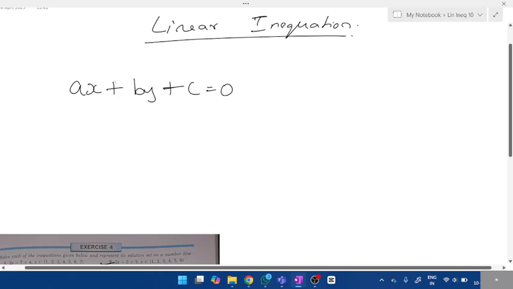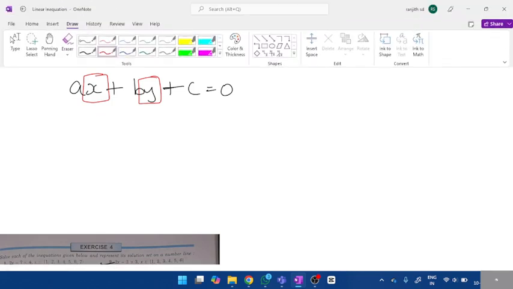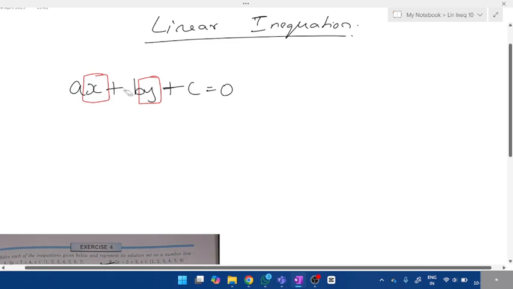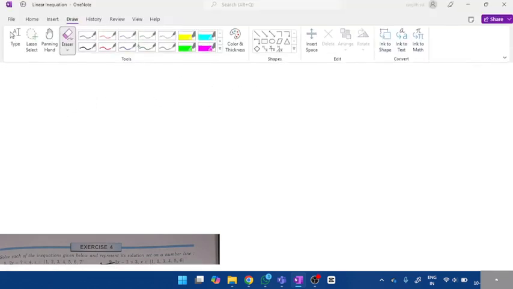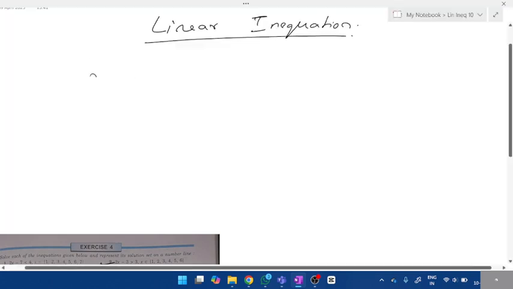In simultaneous linear equations, how many variables did we have? We have to find the value of two variables. Remember we had three methods: substitution method, cross multiplication, and so on. We used those methods to find the values of x and y, right? That is simultaneous linear equations. We'll have two variables. Linear inequation will have only one variable, and the general equation is ax plus b is